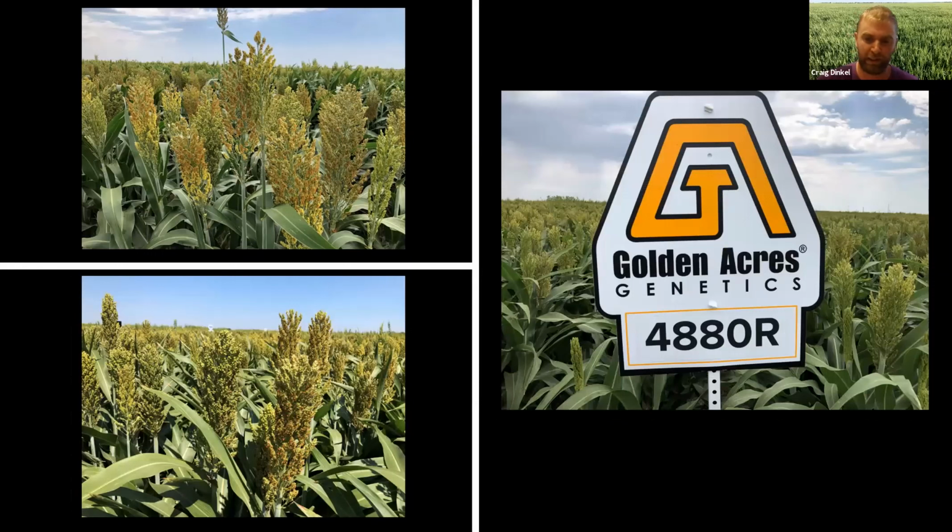Now on to Golden Acres with Rusty. Can you hear me? Yep. Hey, thanks, Craig. I'm Rusty Klitsky out of Waukene, Kansas. I represent LG Seeds. That's a company of AgReliant Genetics out of Westfield, Indiana. Our sorghum is Golden Acres. I actually worked for Golden Acres Genetics when it was purchased by AgReliant Genetics, and now we've brought that into the LG Seeds brand. So LG Seeds will be the distributors for the